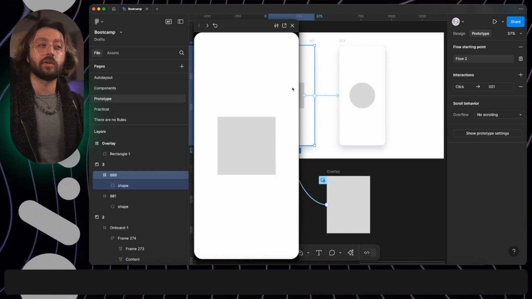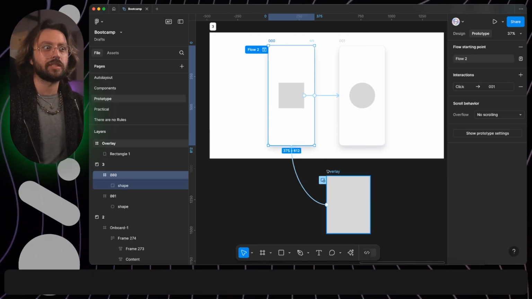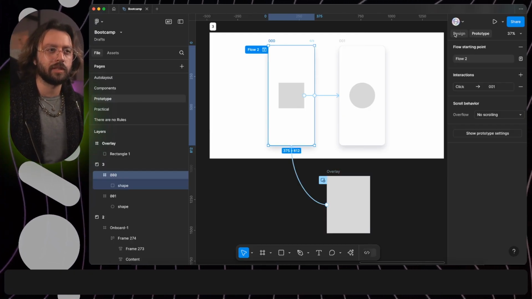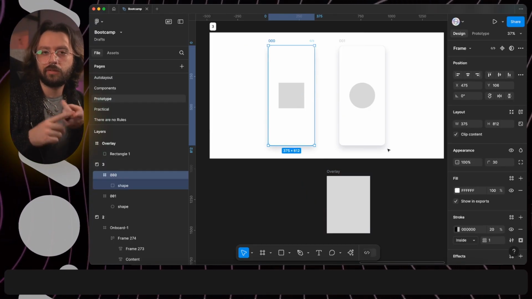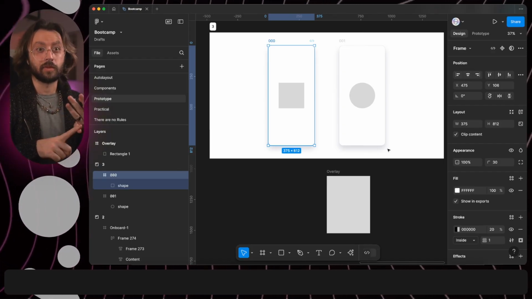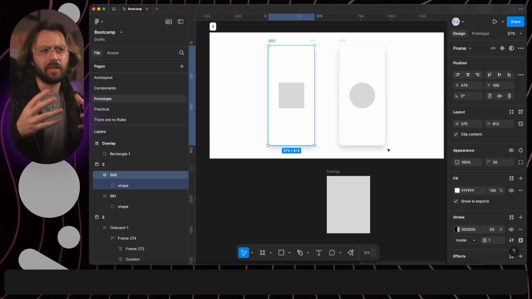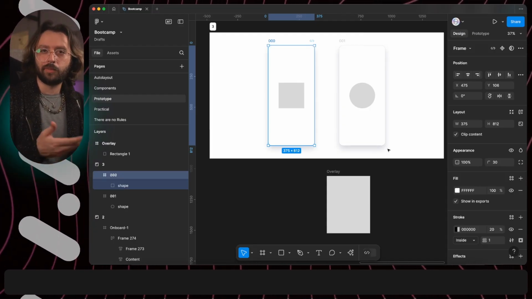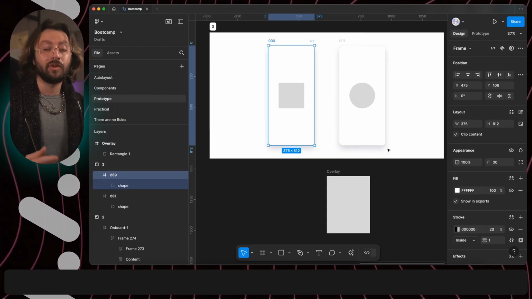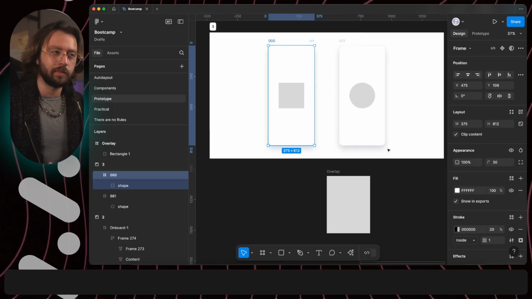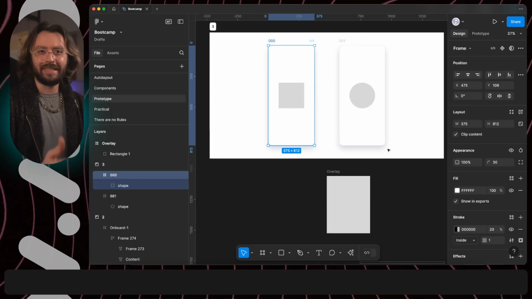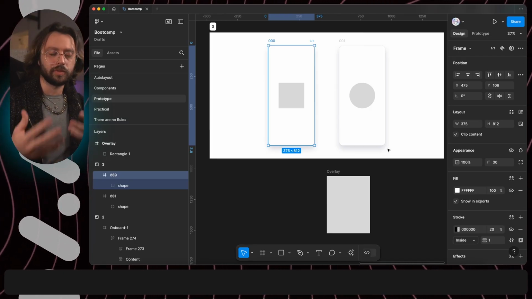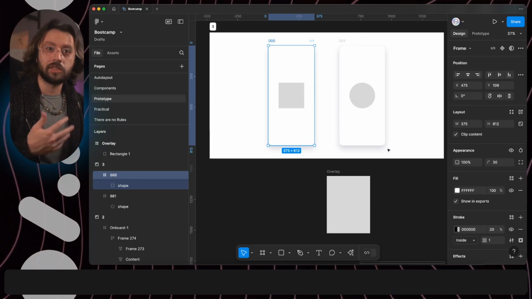Smart Animate is one of the most powerful transition options we have in Figma. You can animate the position, size, opacity, rotation, color, and sometimes effects of elements. Remember that if you stack many properties that need transition, Figma might have a bit of a hard time. For the sake of the user experience, ensure that your transitions are as smooth as possible so that your user